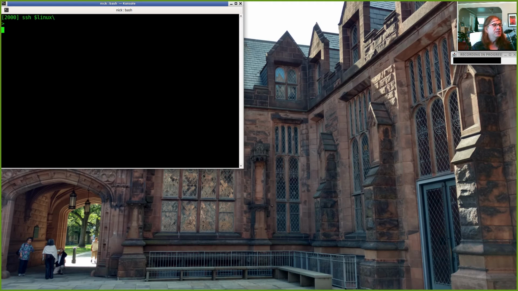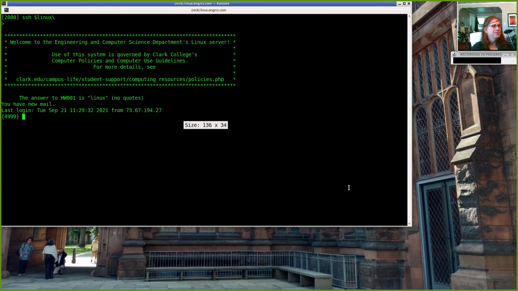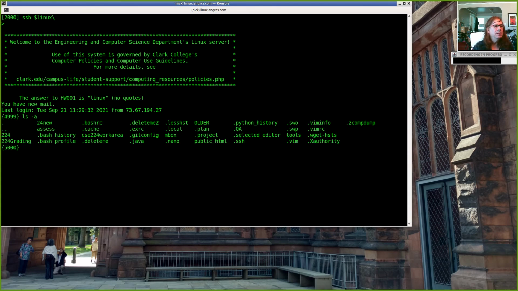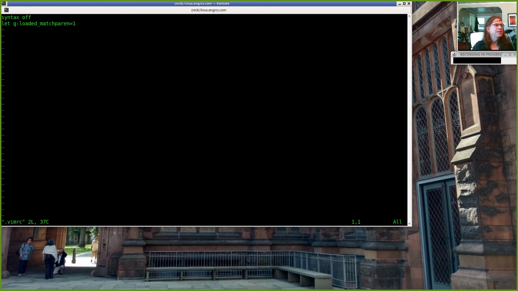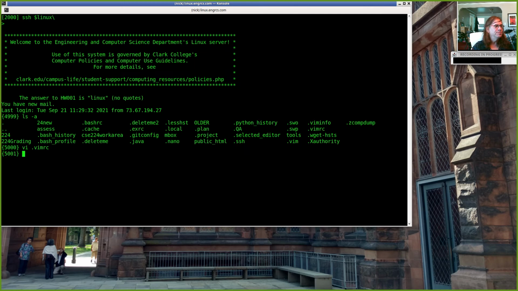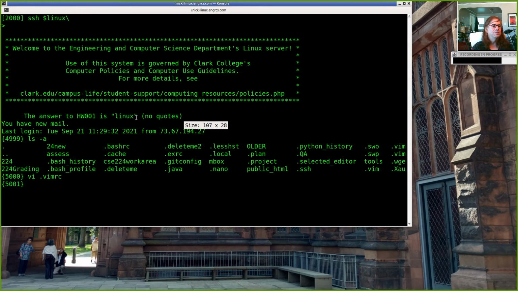So I think it's on by default on the Linux server accounts. So let me see where I put it. I think it's just .vimrc. If you say syntax off in the beginning of that file, that'll turn off your syntax highlighting. So that's another hidden file that's useful. So just go in and find that file and put syntax off in the beginning? Find that file or create it.